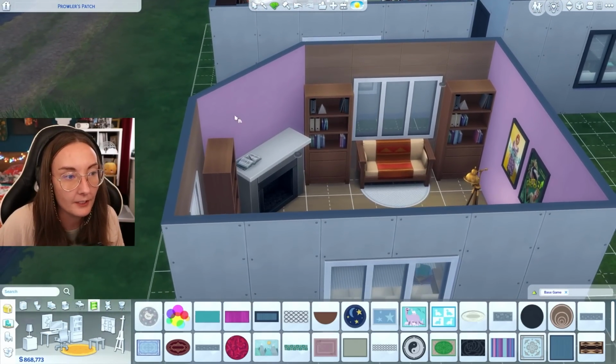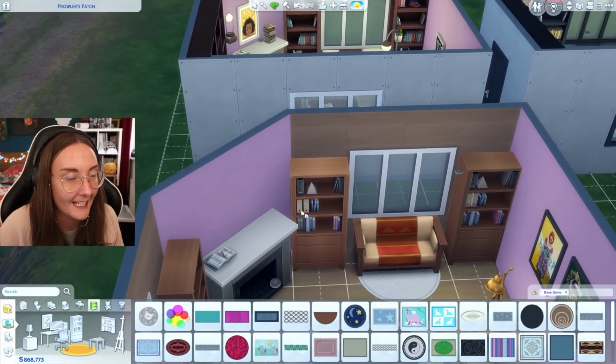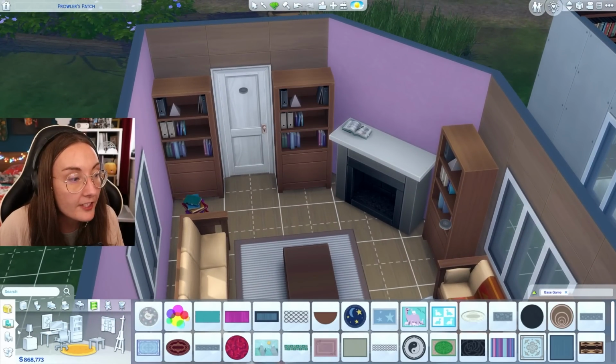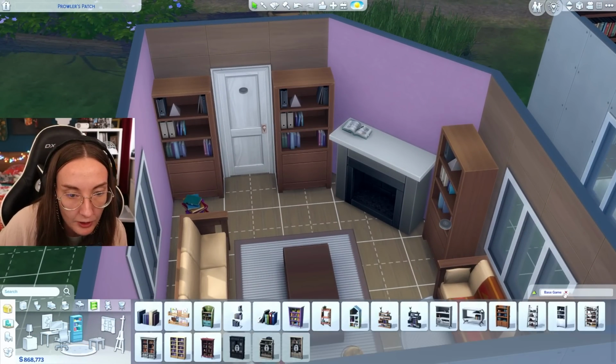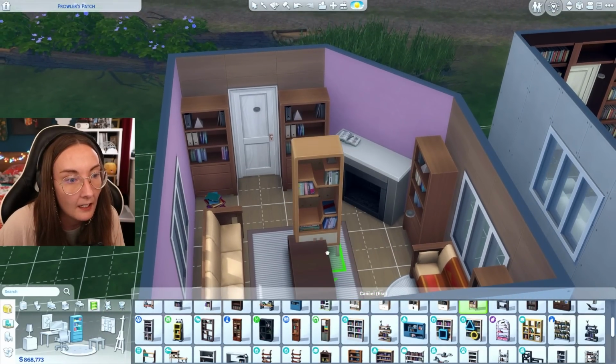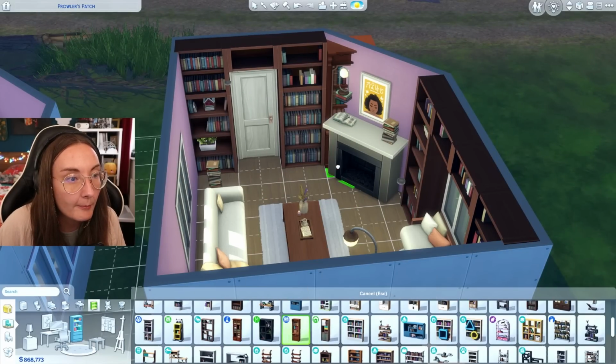But I forgot to do this part over here, but you catch my drift. Just take one of these, add it over there, add a couple of book stacks, sorted. So these are pretty much the only base game bookshelves that we have. I think obviously if I was using other packs, I probably would have been able to fit it in a lot better. Like I probably would have gone for one of these, but none of them are really